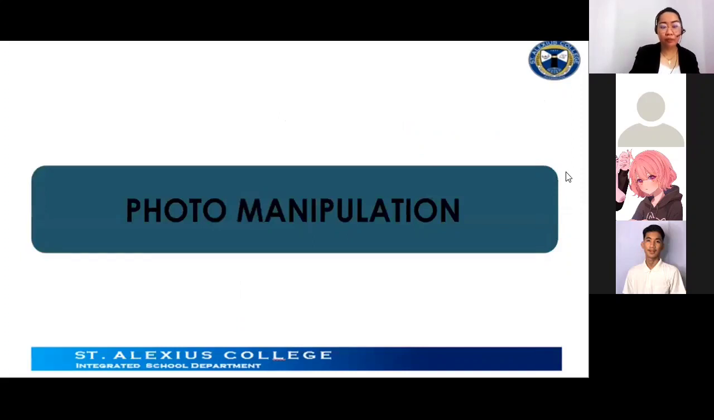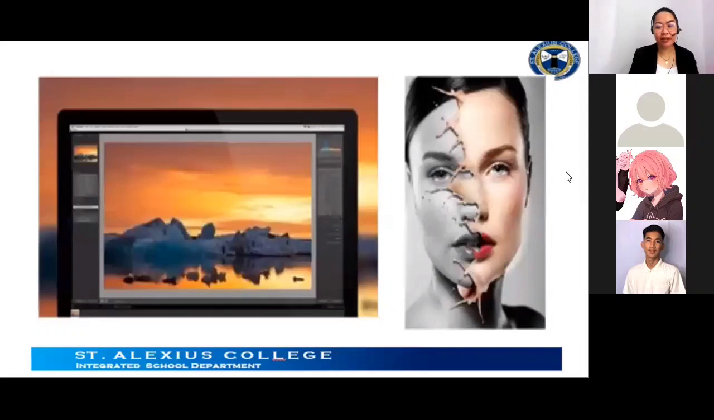Next is photo manipulation. So this is an example of photo manipulation. When we say photo manipulation, we are enhancing the images. It involves transforming or altering a photograph using various methods and techniques to achieve desired results. Okay? Some photo manipulations are considered skillful artwork, while others are frowned upon as unethical practices, especially when used to